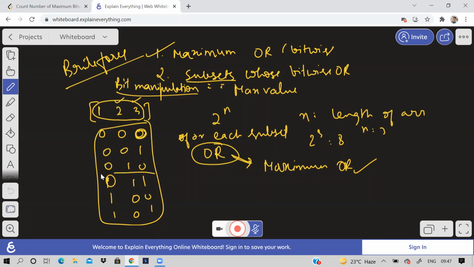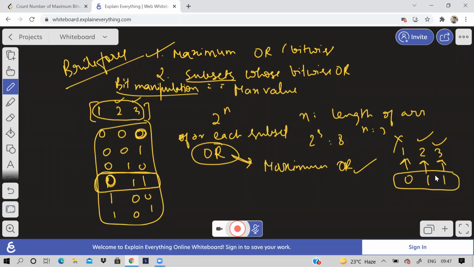For example, if we consider this binary code 0, 1, 1, it means that, see, I'll write here 1, 2, 3 and 0, 1, 1. Now 0 means we are not going to consider this element. 1 means we are going to consider this element in our subset. So for the corresponding bit value 0, 1, 1, the subset will be 2, 3.